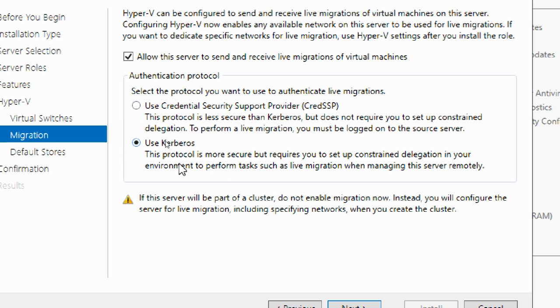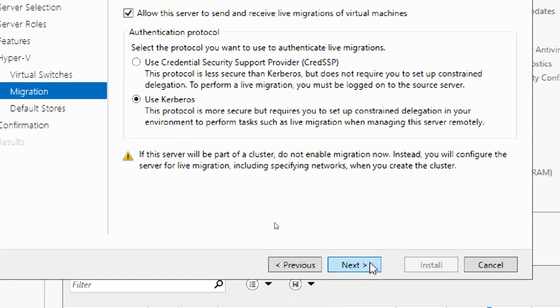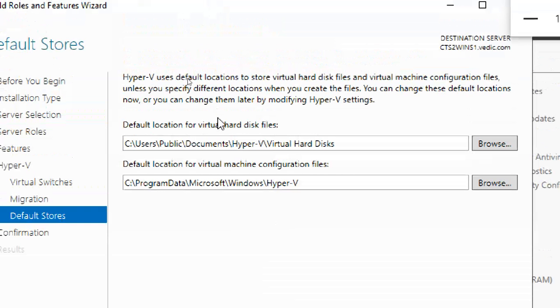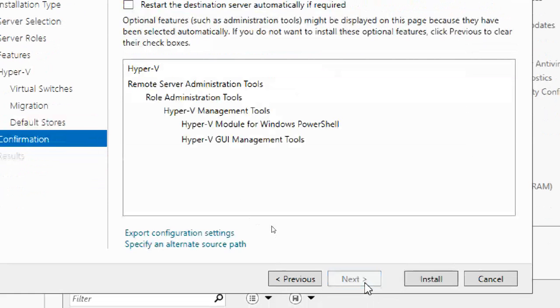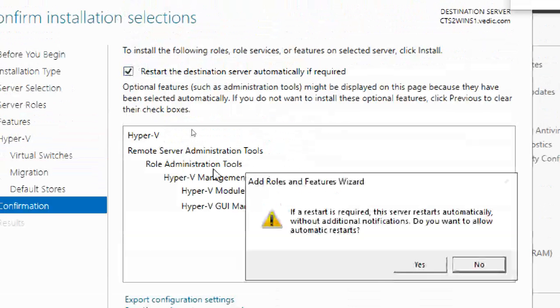So this is Kerberos. Anyway, we have servers and Active Directory here. If you don't have an Active Directory environment, if you are not in a domain environment, then you can select the first one. We are in Active Directory, and our security authentication is Kerberos. By default it is showing the locations of virtual machines. Don't worry, later we will change it. Now we don't change anything. Select this option.